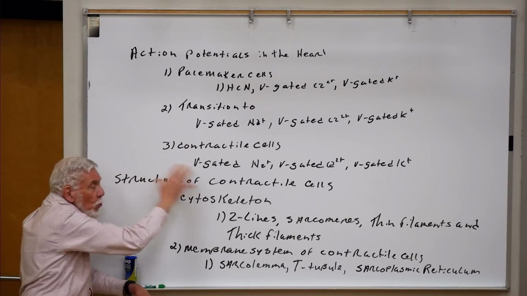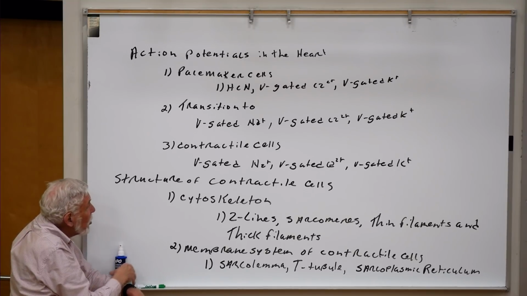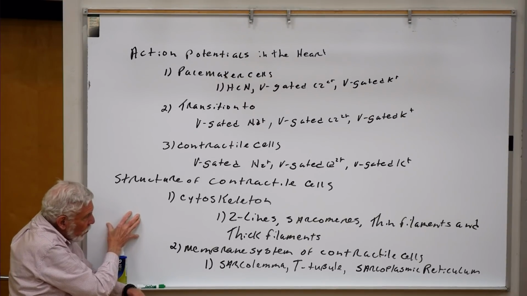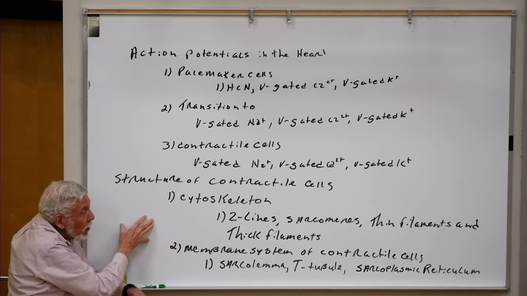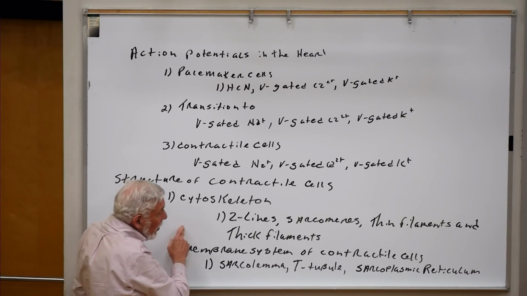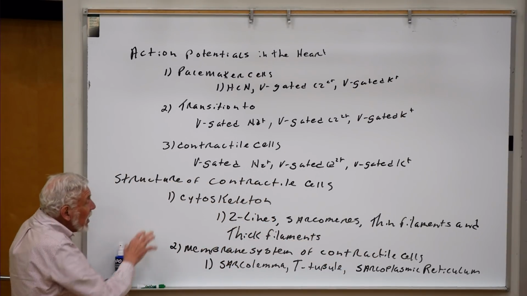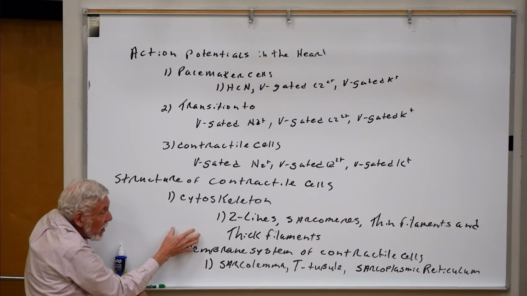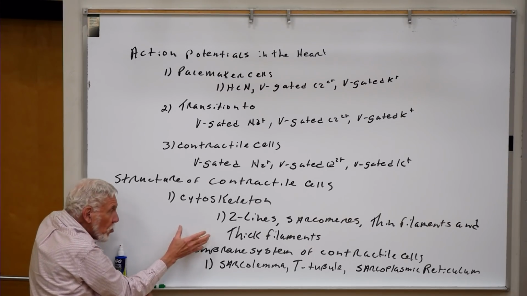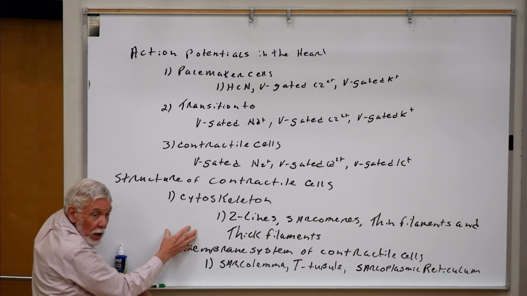Then, once we've come through this action potential story, we're going to start drilling down into the cytoskeleton and structure of the contractile cells. And we've introduced some of this before. The cytoskeleton is going to be much like we saw for the voluntary skeletal muscle. That is, the Z-lines with sarcomeres, thin filaments, and thick filaments. The mechanisms here are pretty much the same. The rates of ATPase for the myosin heads are a little slower. There's some other subtle details, but by and large, we have the same story here as what we saw in